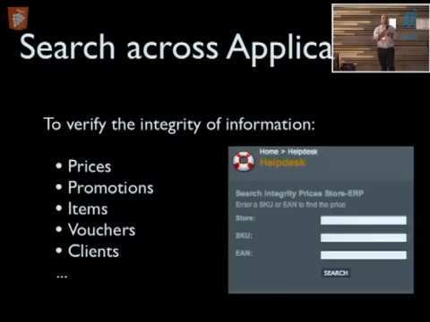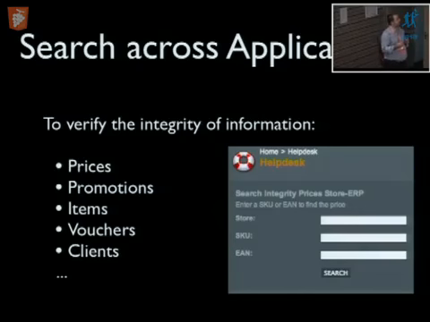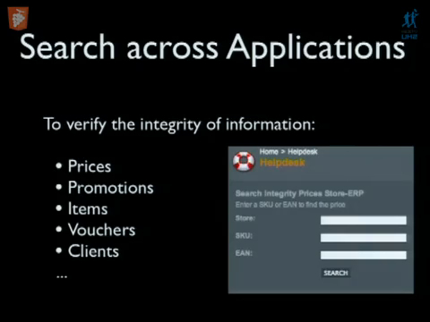Now they just go to that form, put the store and the SKU or EAN, press send, and instantly get the information from both applications. What kind of information? Prices, promotions, items, vouchers, clients, whatever. A lot of information can be retrieved and verified.